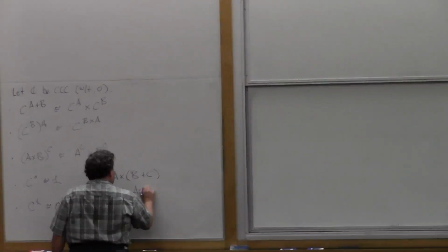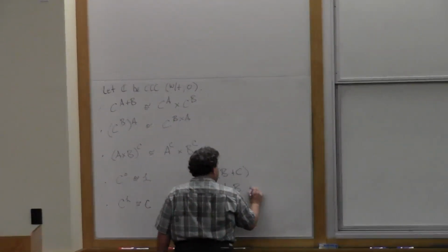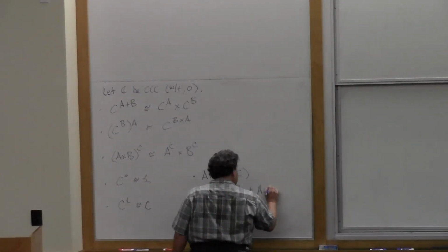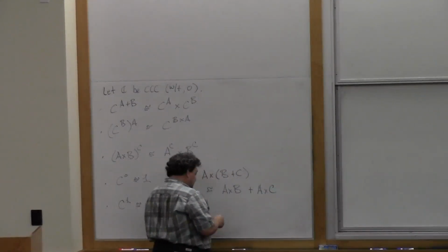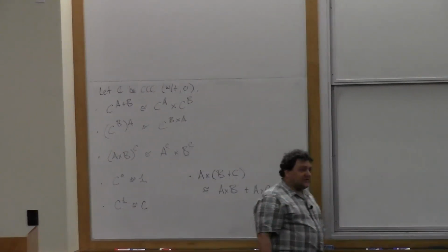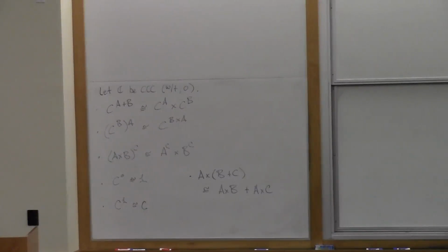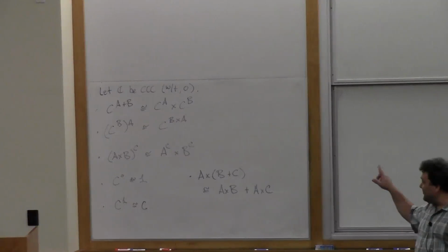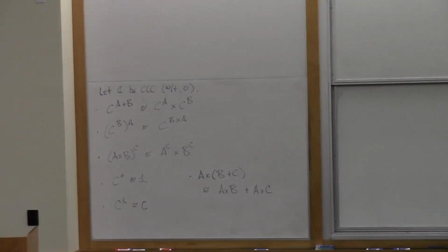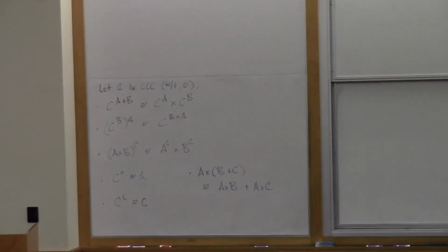So all of the usual arithmetic of the natural numbers can be expressed in this setting of Cartesian closed categories. But if you tried to do one of these, and this, by the way, is how I teach my children to do arithmetic. First, I teach them to do Cartesian closed categories, and then I have them try to do these problems the way you tried to do, and you quickly learn that it's very hard to prove these things,